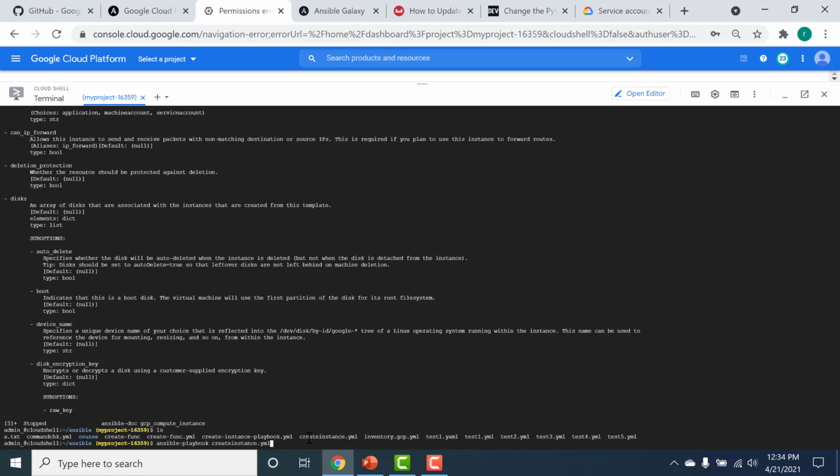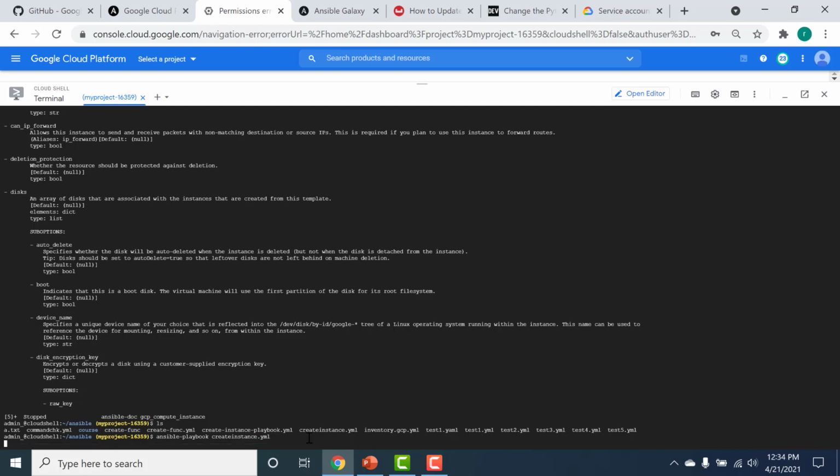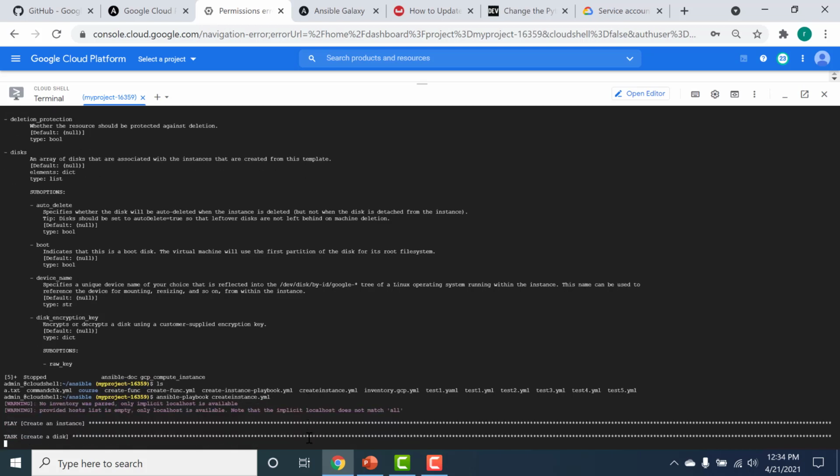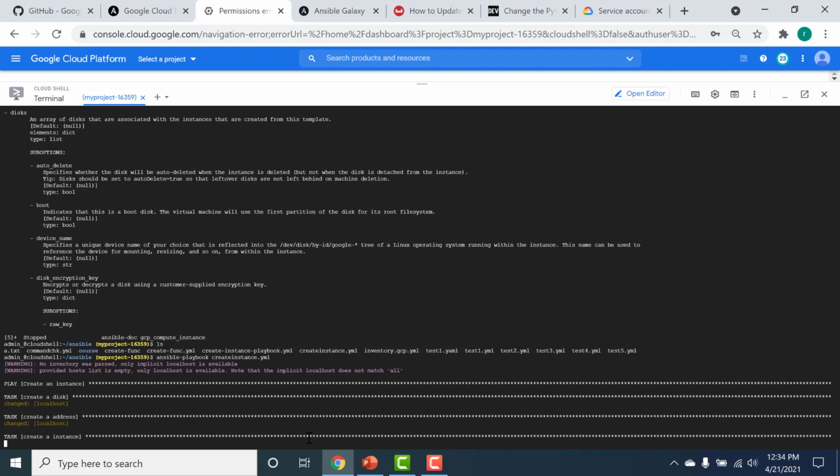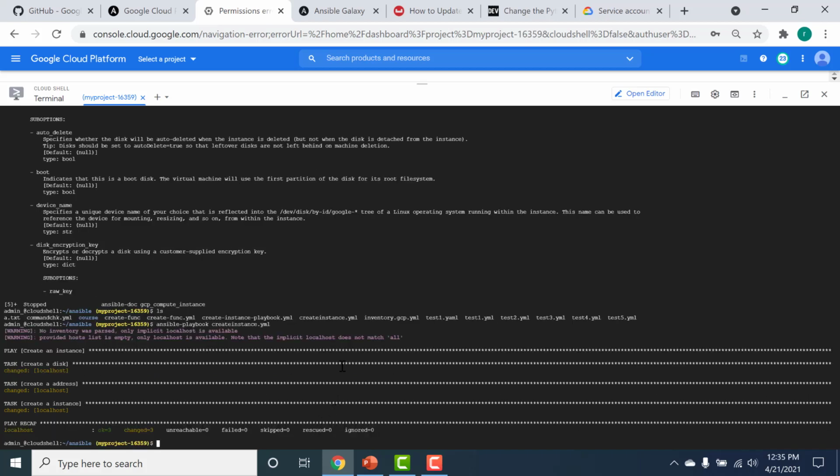And I'll just give the name of my YAML file. So it's creating my disk. That has been created. Then it's creating the address, the IP address. That's been created. Now it's running the gcp_compute_instance and creating the instance. That has been created as well.